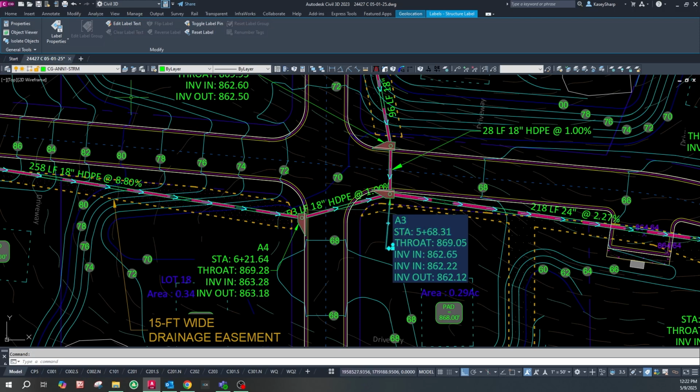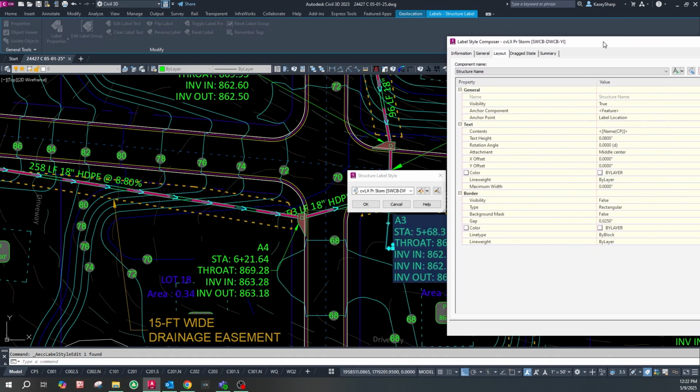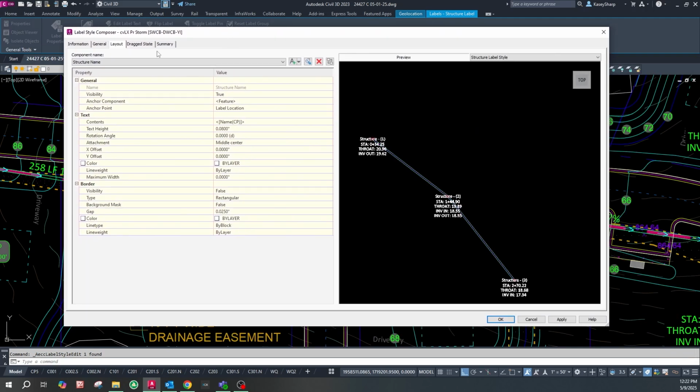So in order to add that, I'm just going to go to the label style and then edit the label style. So I'm going to edit the label style for all of my single wing catch basins, double wing catch basins, and yard inlets. So obviously if you had a grate inlet or a different type of structure, you'd have to edit that label